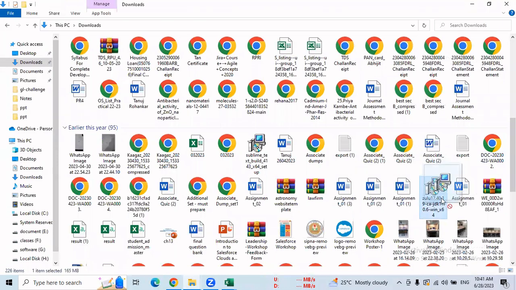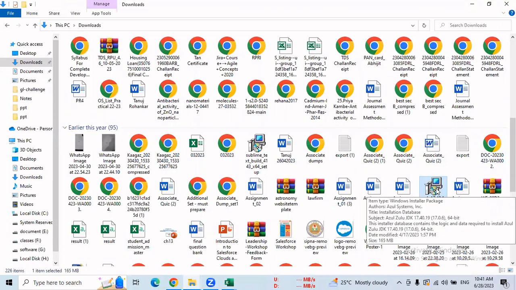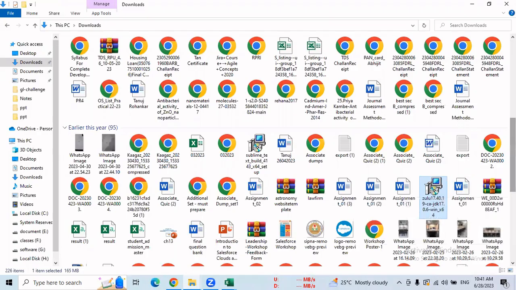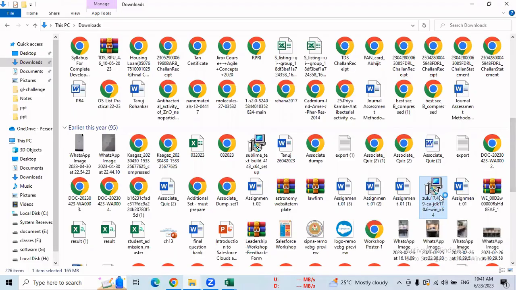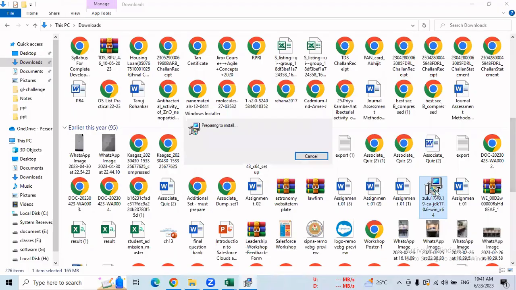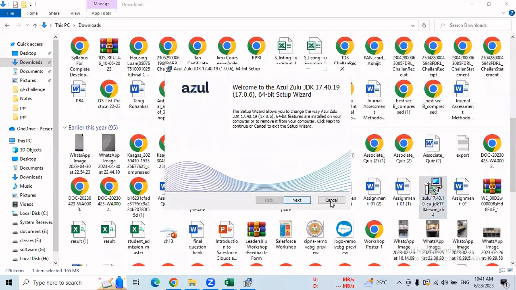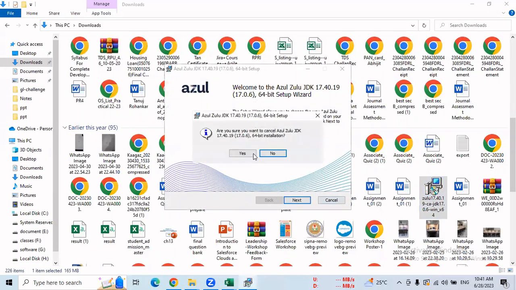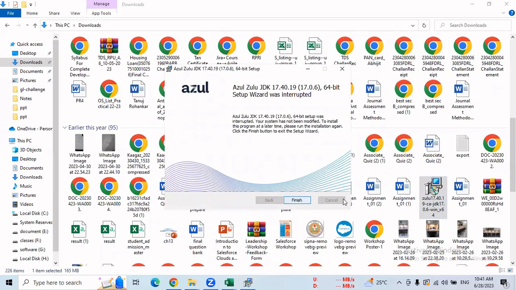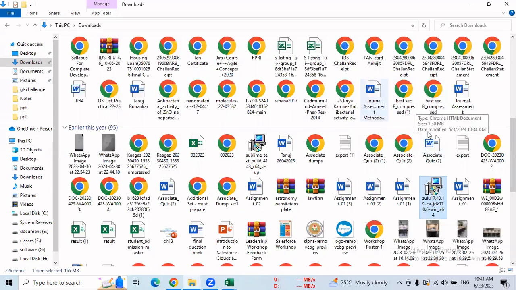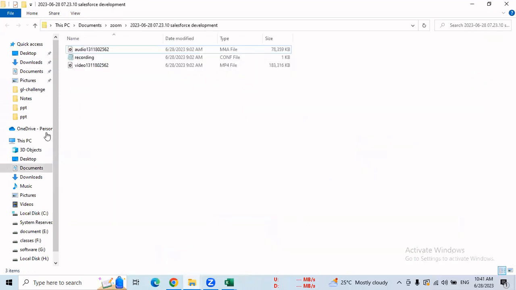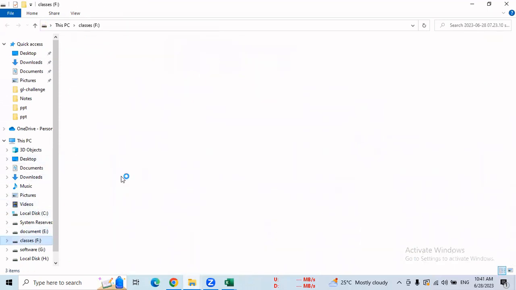such type of file is now available in your downloads. इसको डबल क्लिक करके इंस्टॉल करना है, बिकॉज आई हैव ऑलरेडी इंस्टॉल्ड दिस Zulu इन माय सिस्टम, तो मैं इसको इंस्टॉल नहीं करूंगा. You just need to double click on that if you are using Windows. और यहाँ पे बस नेक्स्ट नेक्स्ट नेक्स्ट करते हुए इसका इंस्टॉलेशन करना है आपको, राइट. So install that Zulu JDK, and then after that, you need to download your data loader. Let me go to my